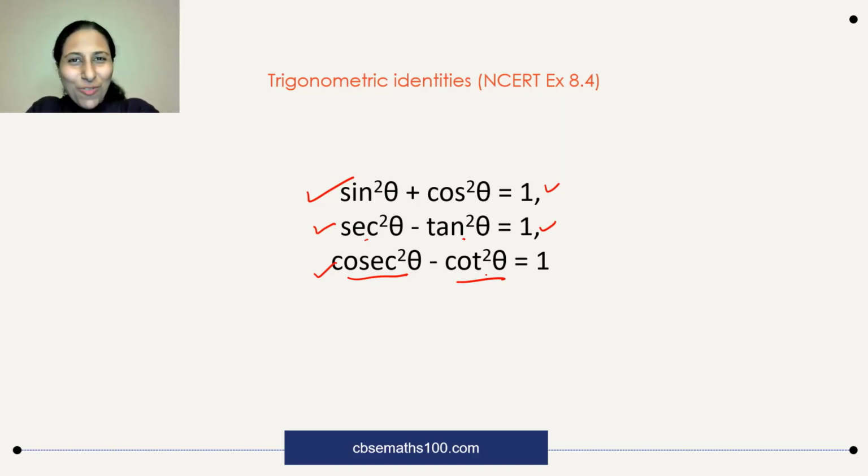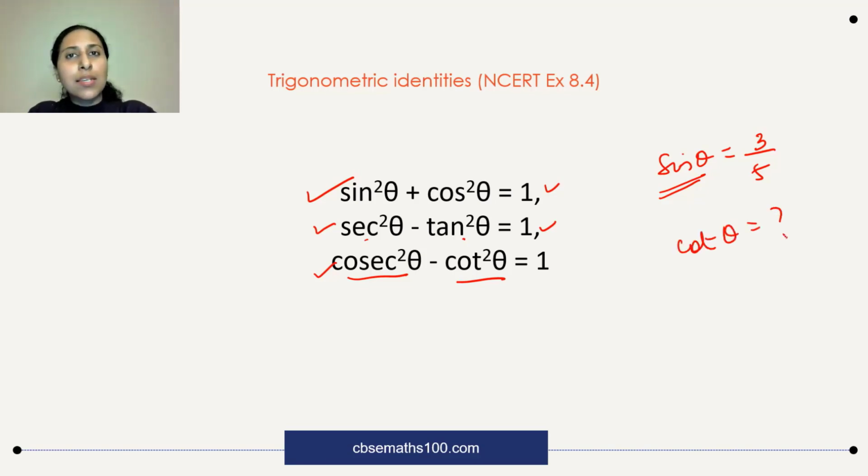One important point which I want to discuss with respect to trigonometry is when you have any ratio given, suppose you are having sine theta is equal to 3 by 5 is given. Using any ratio given for a triangle, you can actually find out any other ratio. If I wanted to use this and find out what is the value of cot theta, suppose this question came.